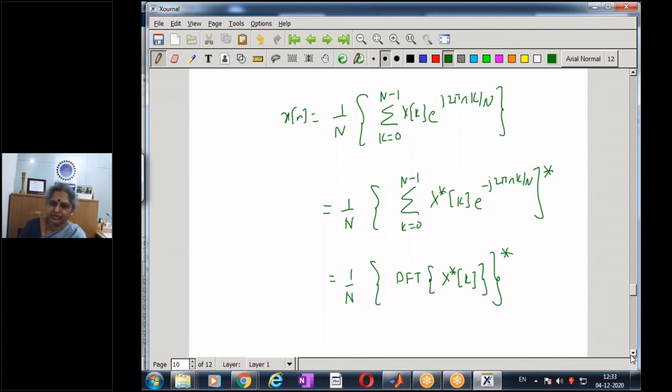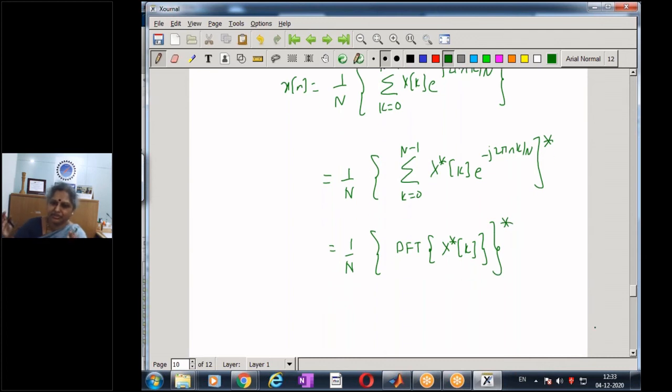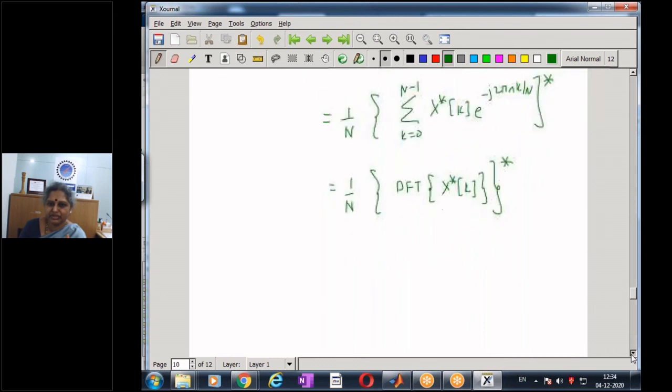So now we have just taken the conjugate twice, and this is what we get. How do I interpret this result? If I am given X of k, I take the conjugate, I compute the discrete Fourier transform, and then I perform once more a complex conjugate, and then I divide it by N, and I get back my x of n. So translating the above result,